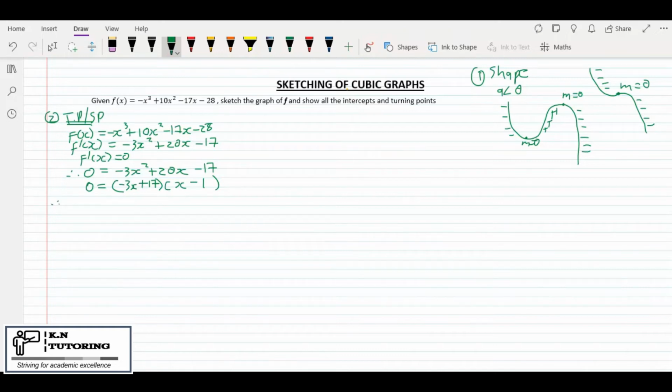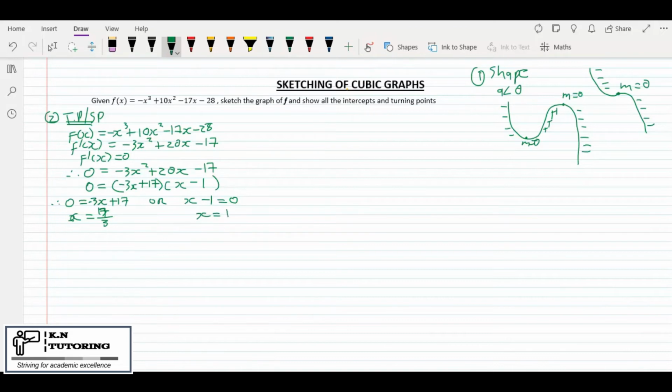Therefore, 0 is equal to (3x plus 17)(x minus 1). So 3x plus 17 equals 0, or x minus 1 equals 0. Therefore x is equal to, so this must be negative, x is equal to minus 17 over 3,